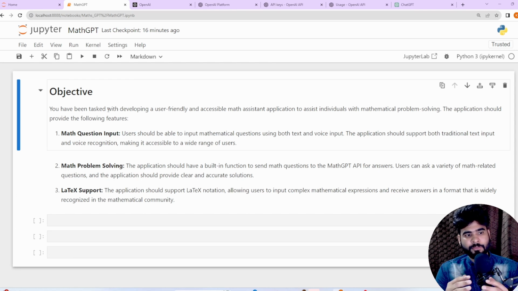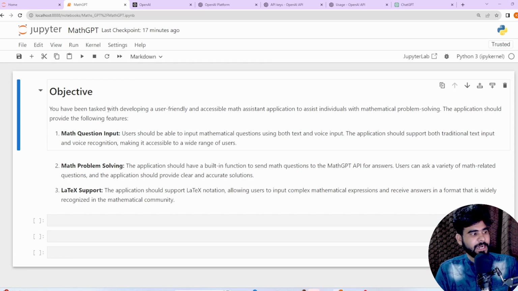The application should support both traditional text input and voice recognition, making it accessible to a wide range of users. So our users can enter any type of mathematics query in text format, and we can add a voice recognition feature where they can ask mathematics questions in voice input format. This is the first feature we want in our application.